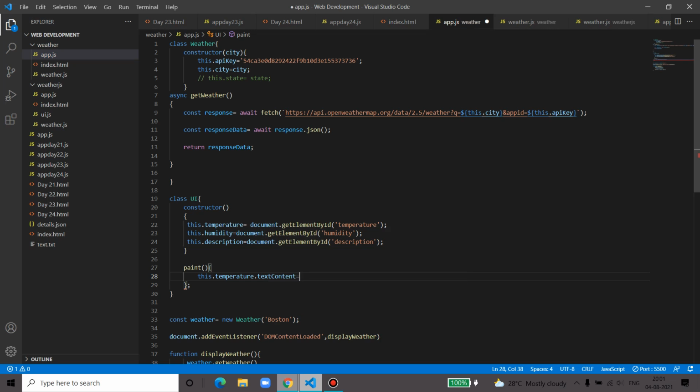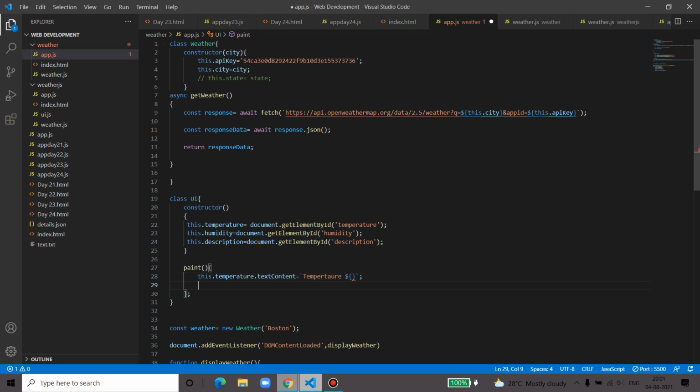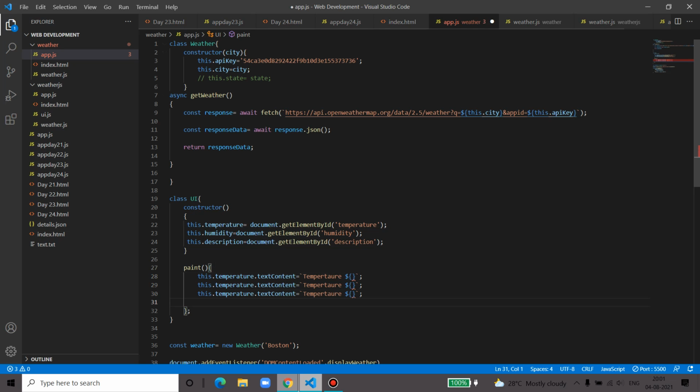Text content equal to backtick quotes, and inside this we can write temperature is equal to, and similarly for the others I'll copy paste. Okay, humidity, and for the last one,